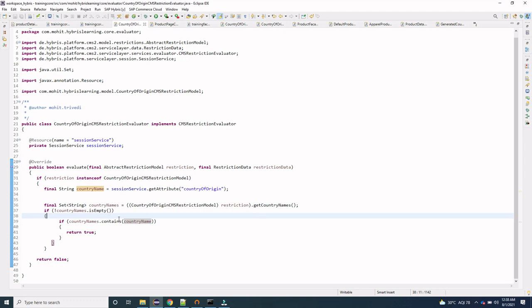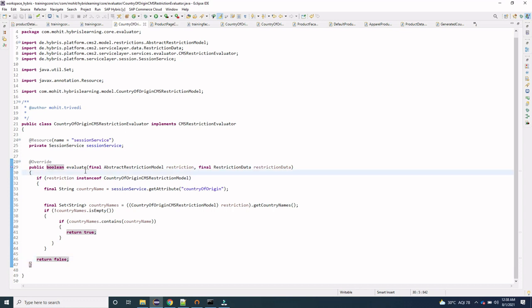Now we are checking if the country name is not empty, then in that scenario we are checking whether the set of country names contains the country name which is defined for that particular product or not. If it is the same, the country is present, then we return true, otherwise we return false. So this is what we are doing in our custom restriction.